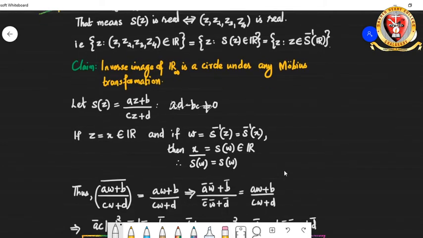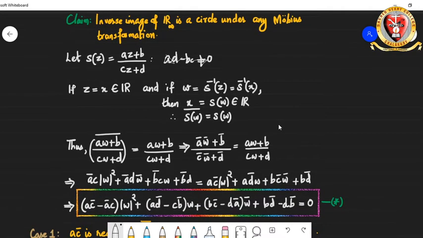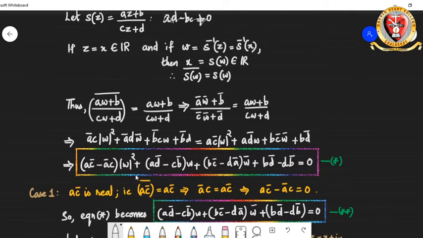So from that, by using the definition of the Mobius transformation S of Z, you can say that AW plus B divided by CW plus D, the whole bar, is equal to AW plus B divided by CW plus D. Applying the conjugate property on the numerator and the denominator and then splitting, you get this equation. And when you cross multiply and rearrange, you are going to get the equation number star sitting here. So now we are going to